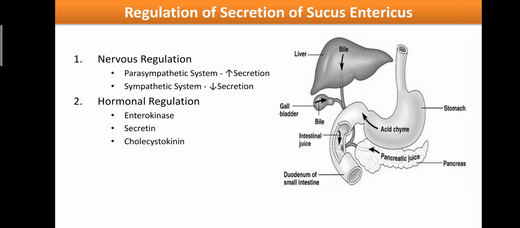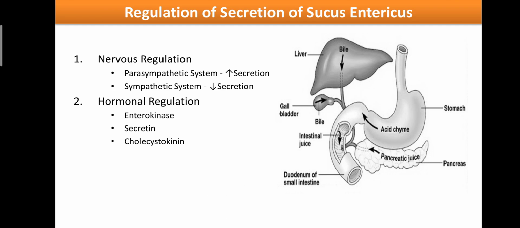And regarding hormones, enterokinase is the main enzyme. It can stimulate the secretions from the intestinal gland as well as the gallbladder and the pancreatic gland, and it can also activate trypsin, and trypsin is involved in signaling, and that phenomenon is helpful for the activation of all the digestive enzymes. So those are secreted from the small intestine.